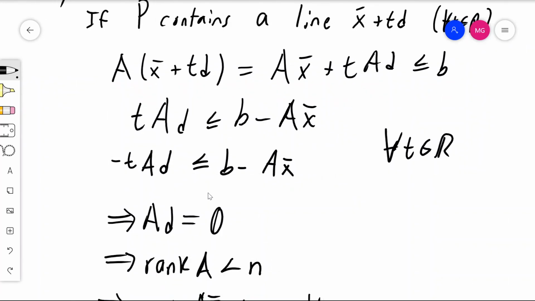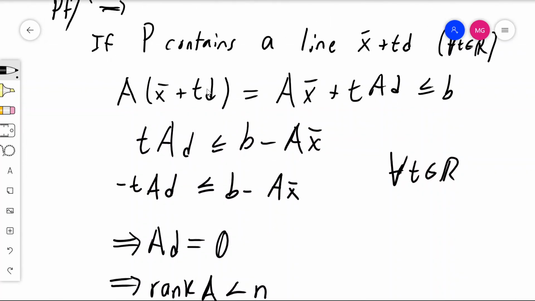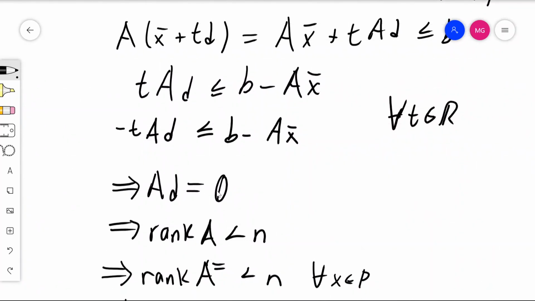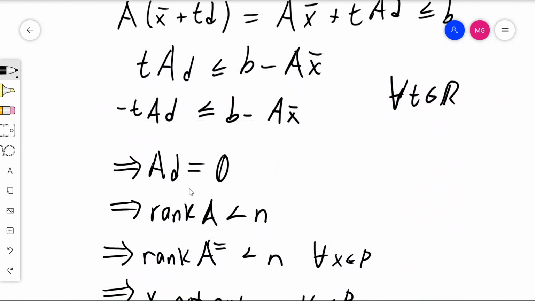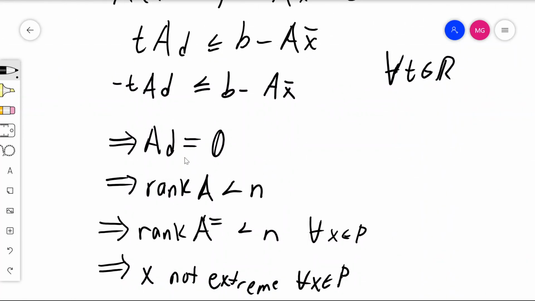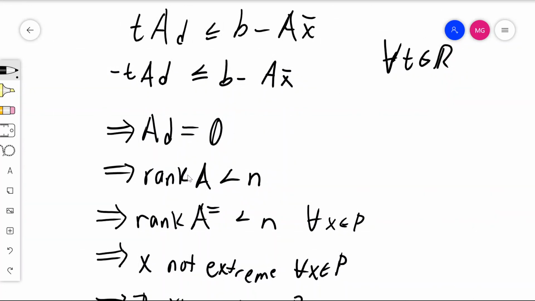So we have a times d is the zero vector, or in other words, d is in the null space of the matrix A. So whenever your polyhedron contains a line going in this direction, d is actually a null vector of the matrix A. So what that means then is, since we have a non-trivial null vector of the matrix A, there's something in the null space, the rank of that matrix must be strictly less than n, because it can't be full column rank. If it were, then we wouldn't have anything in the null space. So the rank is strictly less than n, and so that in turn means that no matter what point x you pick,